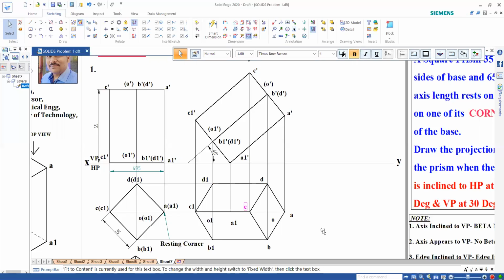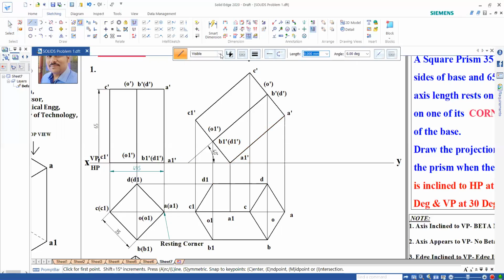Next, which are the edges not visible? Watch from top, see this, A1 is not visible, it's completely down. So the lines linked with that are not visible, that is A1B1 and A1D1. So we shall draw those with hidden lines. Which ones? A1D1 and A1B1. Next, A1A is not visible, this bottom edge. How to draw that? Here, A1A is overlapped with CC1 till here. But after that, we can show.